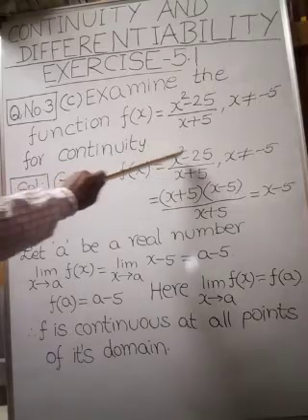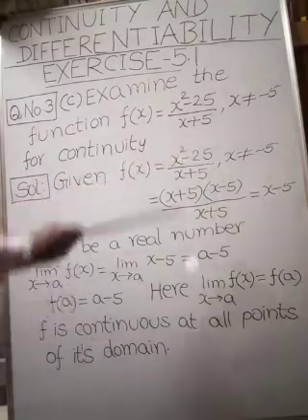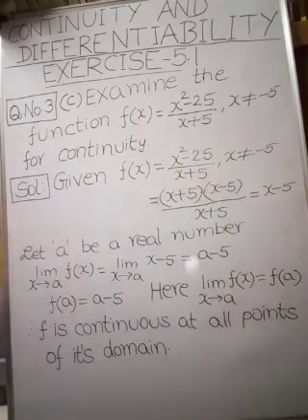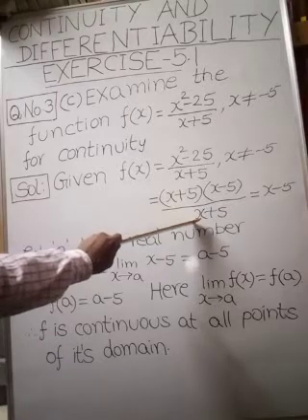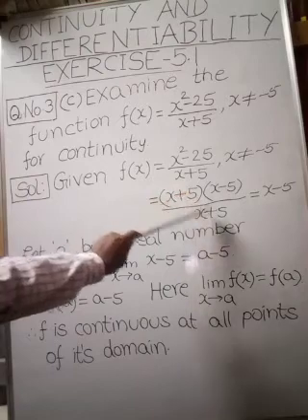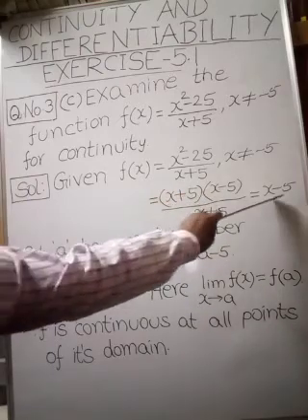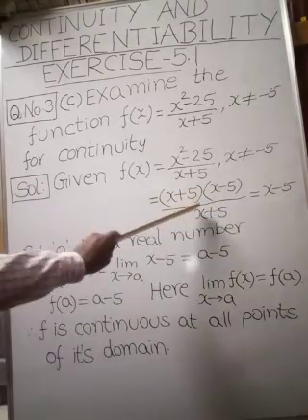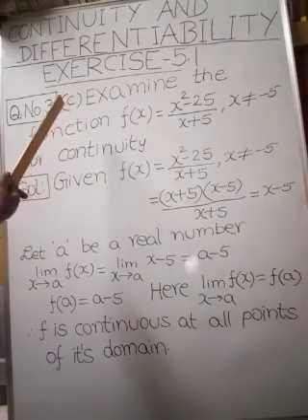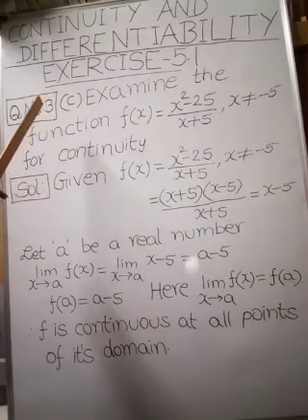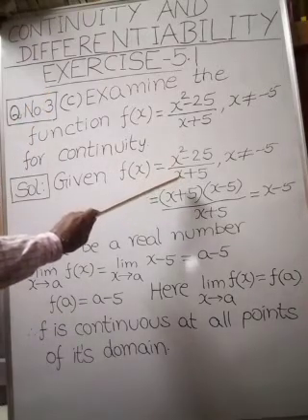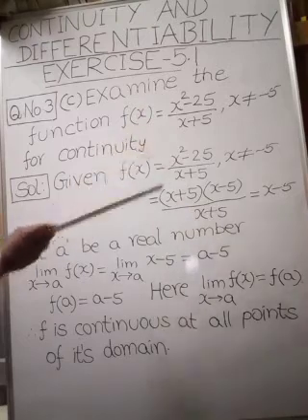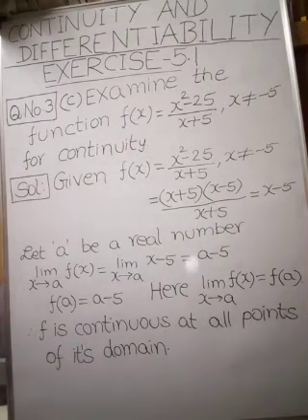Now in the numerator we can write the factors: x plus 5 into x minus 5 are the factors of the numerator, divided by x plus 5. Understood this step, my dear children? Right. Now by striking out these two factors, what will you get here? x minus 5 only. This is nothing but the first part of this question. In the third question, first part, x minus 5 was the given function. So the same function is given differently, but the function is the same. Now we are verifying